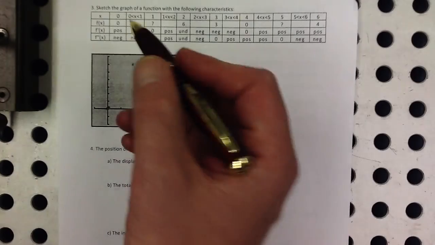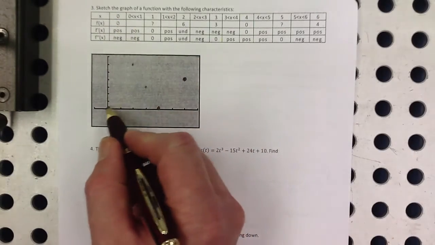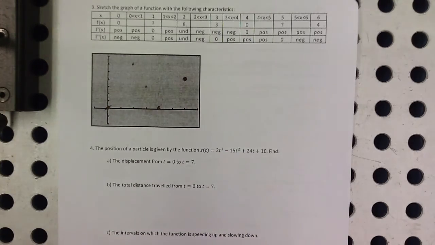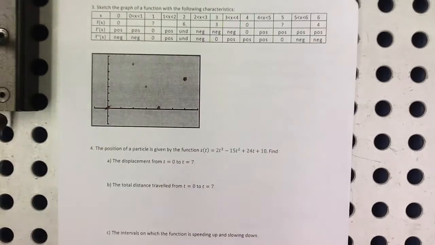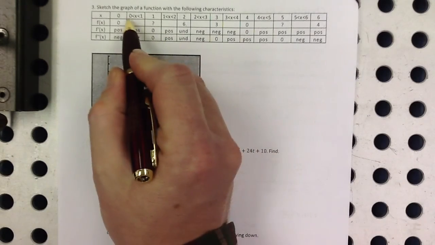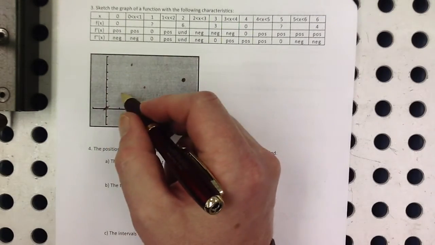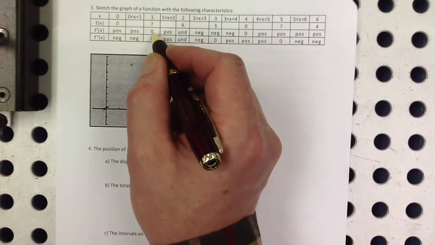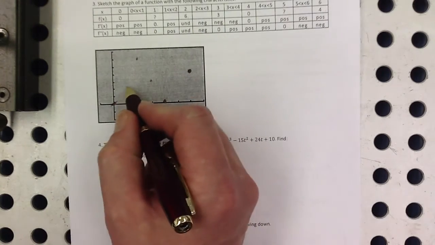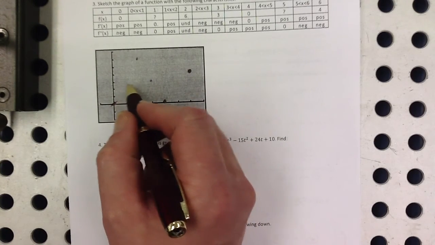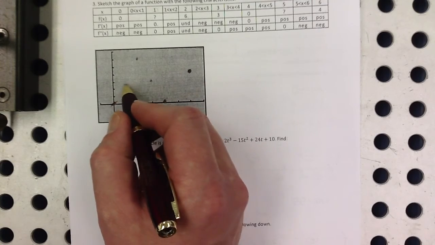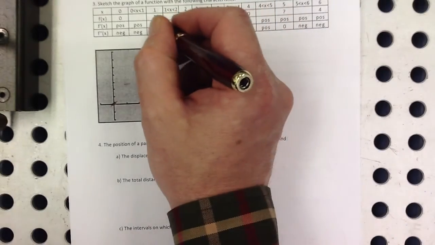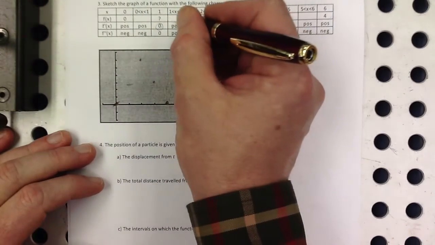Let's see, what else do we know? We know at 0 the derivative is positive, so that means it's increasing there, so I'm just going to draw a little line through there. On the interval in between 0 and 1, it's always increasing, and then when x is equal to 1, the derivative is 0. So somehow it's going to flatten out. It's increasing, but then the derivative is going to be 0. So somewhere, wherever it gets to here, it's going to flatten out, right? That's what that's telling me there. Then it's going to increase again,